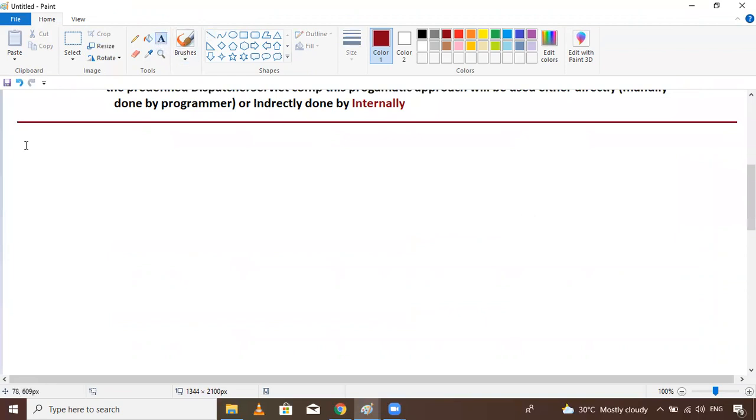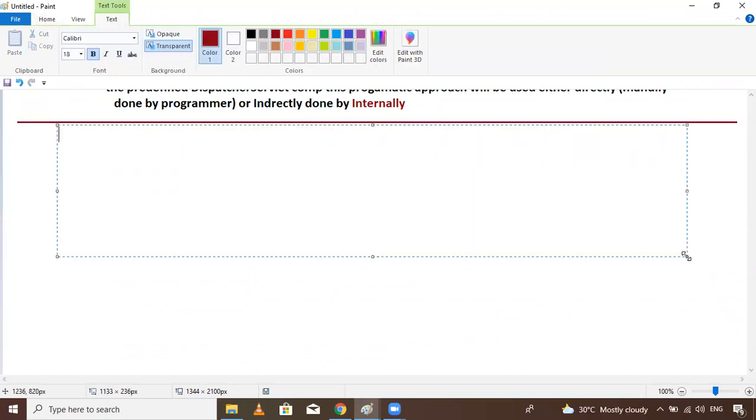So now here we have four ways, four approaches to develop a Spring MVC application. Does anyone know the four ways? Please comment in the comment box. Otherwise watch the video till the end, then you will get crystal clear clarity. So now, the first one is the declarative approach by using